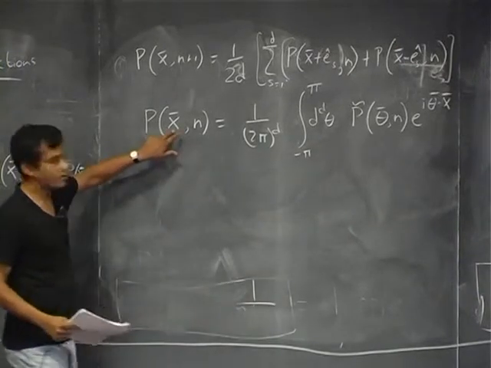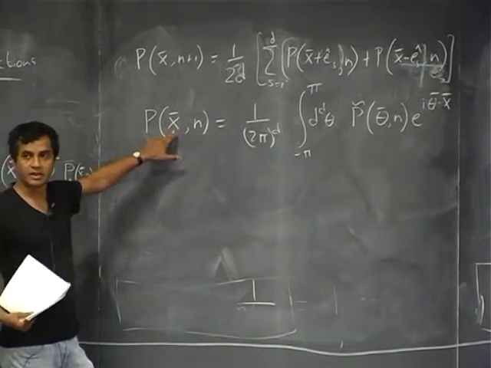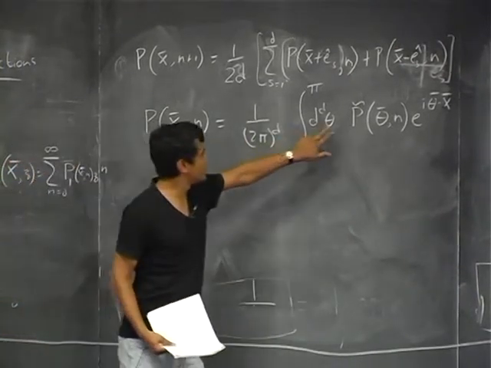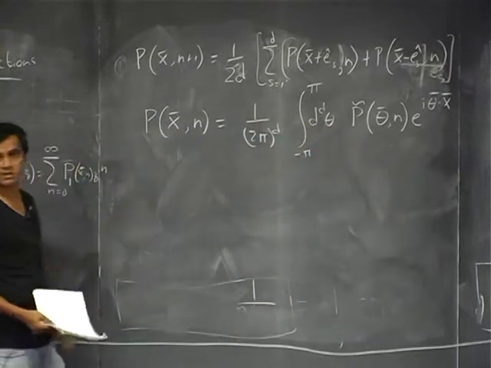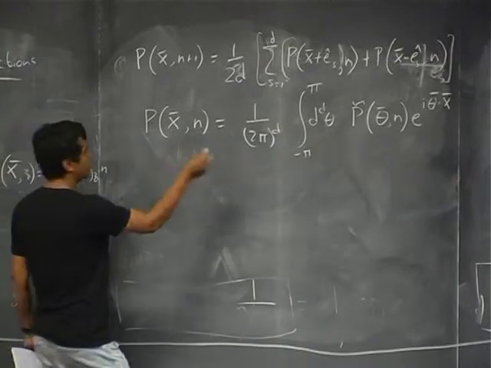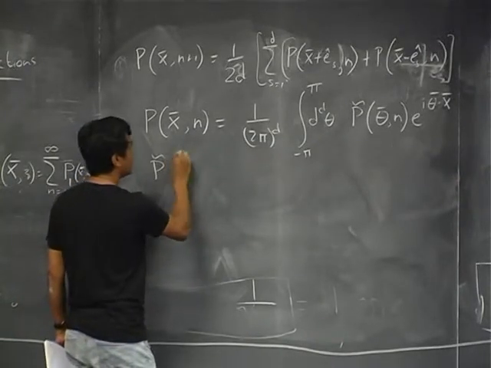So for this x variable I am taking a Fourier transform in d variables. Now theta is some vector, theta 1, theta 2, up to theta d. So it's just a straightforward generalization, and the Fourier inverse is of course given by